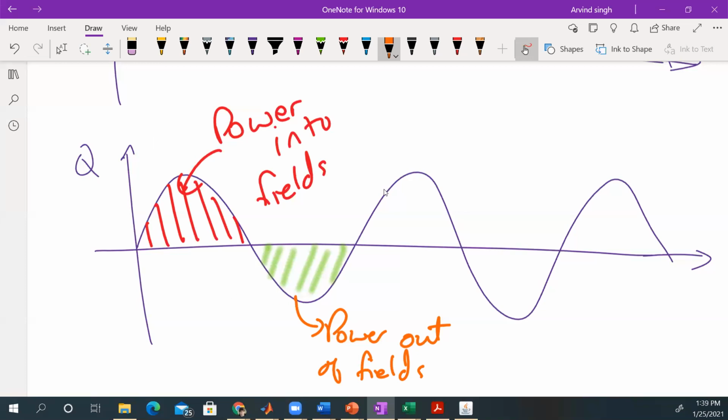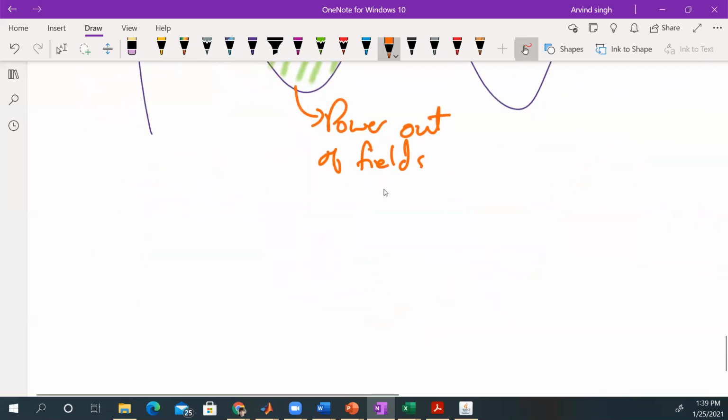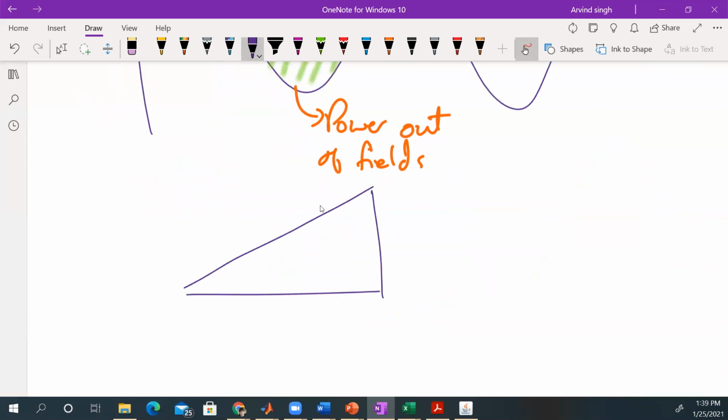The apparent power is just the vector sum of these two quantities. And the power factor is the angle between the real power and the apparent power. And you know that from your power triangle, right? So we have S and P and Q, and this is theta, which is our power factor angle,